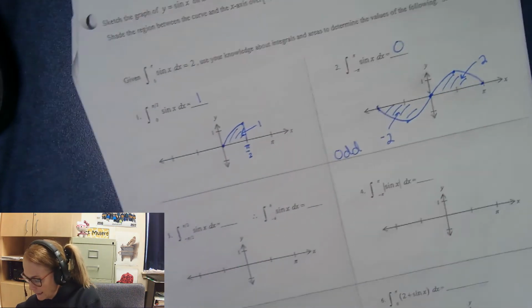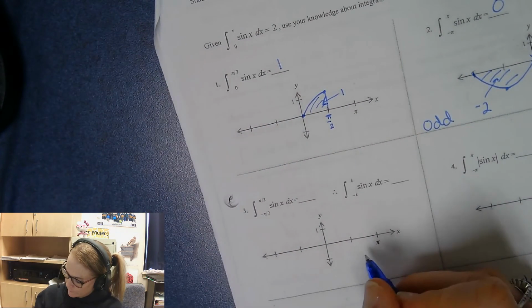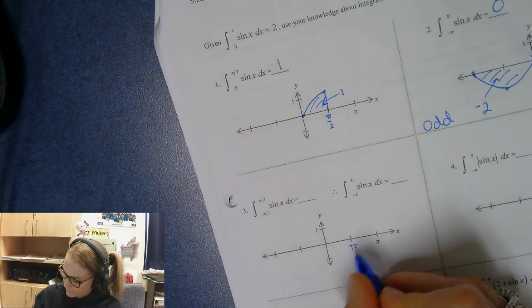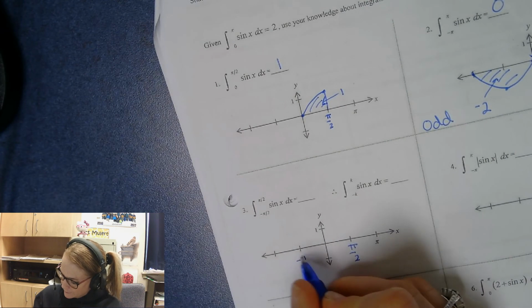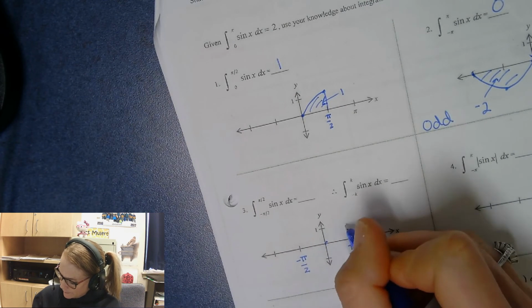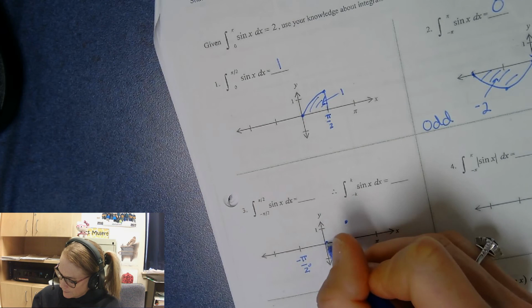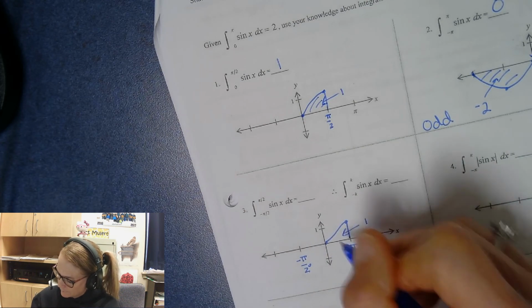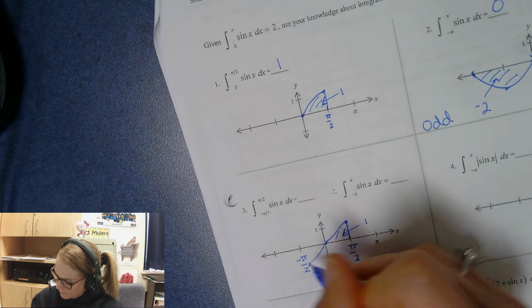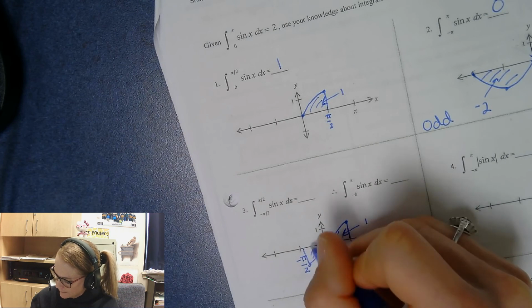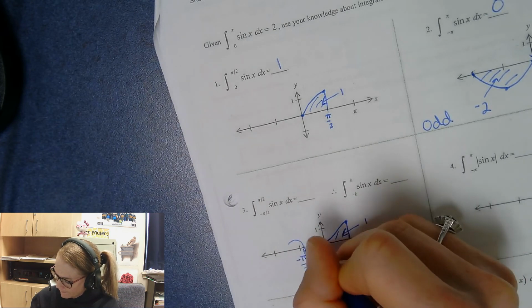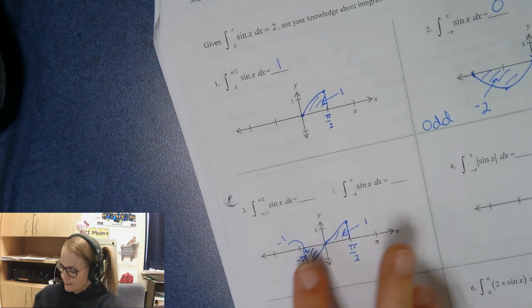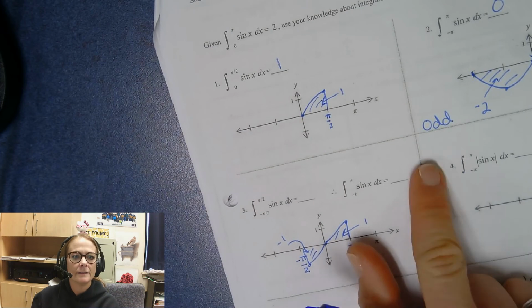Okay, let's go over here. What if I went from negative pi over 2 to pi over 2? This would be here to here, here to here. Sine's going up, lock it down, this would be 1. Sine's going down, lock it to the x-axis, that would be negative 1. We tally those up, and due to the fact that it's odd symmetry,